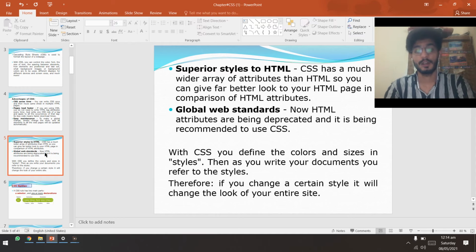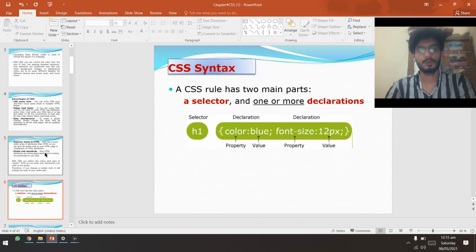These are the advantages of CSS. Why is CSS introduced? Because it is handy, it saves time, it is a global standard, and it gives superior styles to HTML. The next one would be CSS